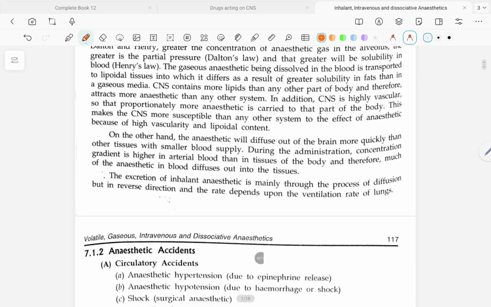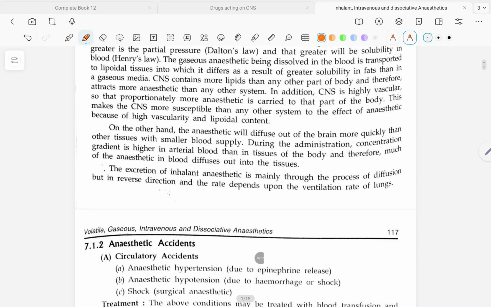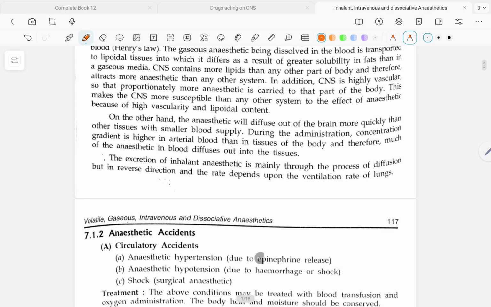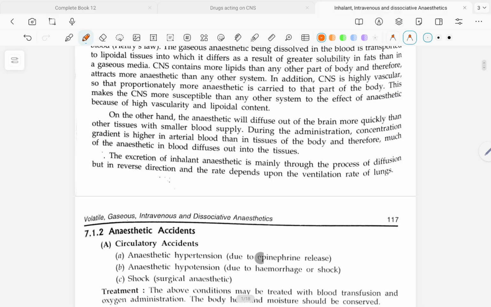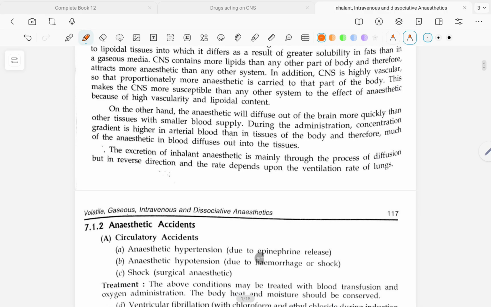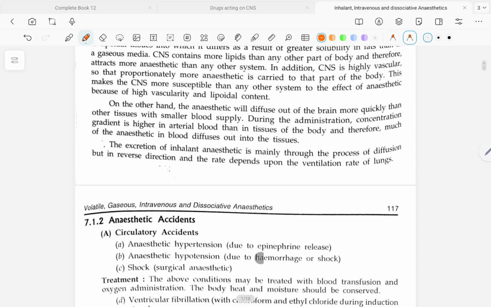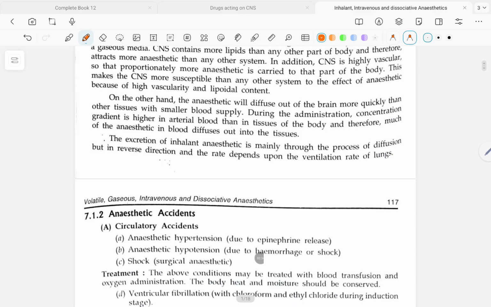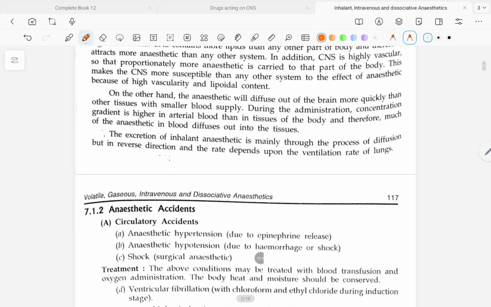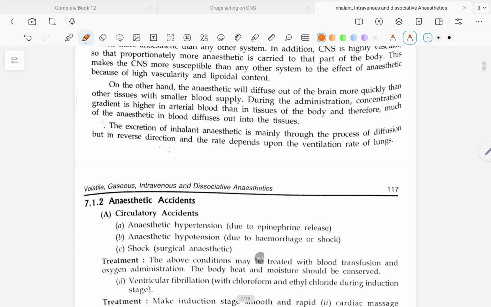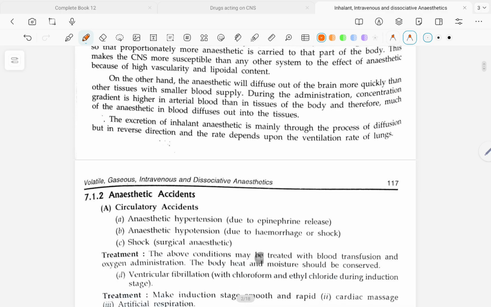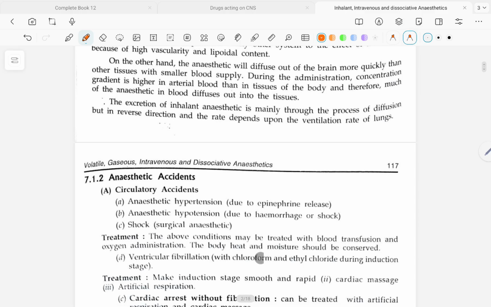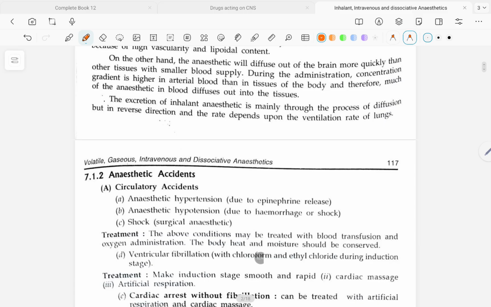The CNS contains more lipid than any other part of the body and therefore attracts more anesthetic than any other system. In addition, the CNS is highly vascular, so proportionately more anesthetic is carried to that part of the body. This makes the CNS more susceptible than any other system to the effect of anesthetic because of high vascularity and lipoidal content. On the other hand, the anesthetic will diffuse out of the brain more quickly than other tissue with